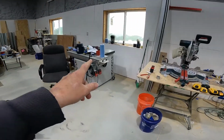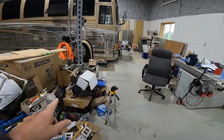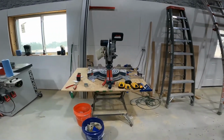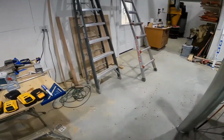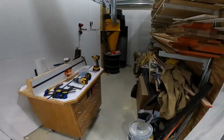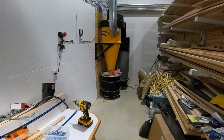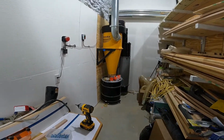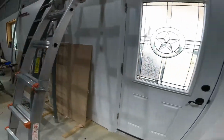My table saw is going to have to move out into this area here, so I've got to clean this up. My miter saw sits here, and the dust collector that you guys haven't seen in a long while sits over here in the corner, and I run pipe out to the workshop. So the first thing that we did